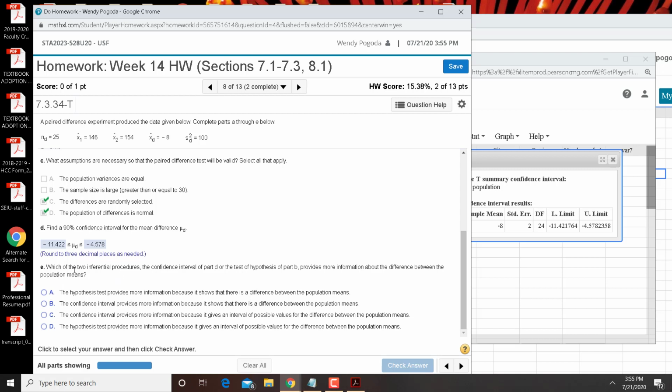So which of the two procedures, the confidence interval or the hypothesis test, provides more information? I would say the confidence interval gives us more information, because not only do we get the same information as the hypothesis test, but we also know how big that difference is. We know that difference is at least 4.6, where the first mean is at least 4.6 lower than the second mean. So,